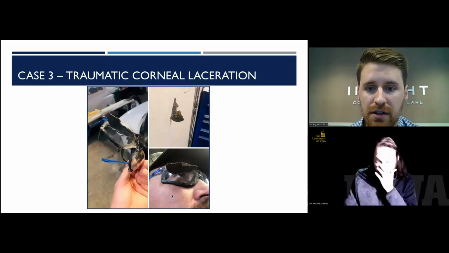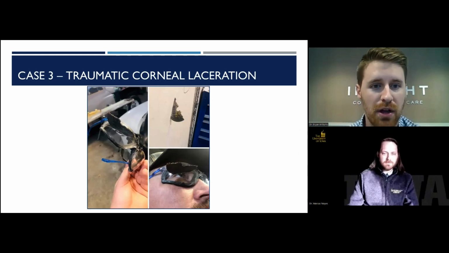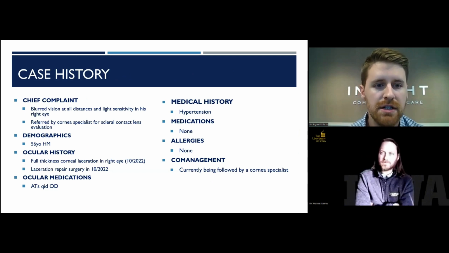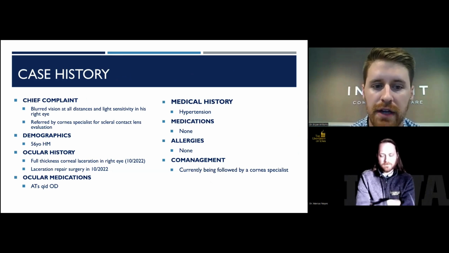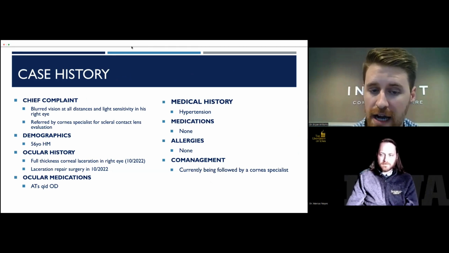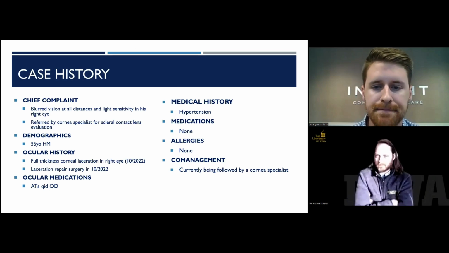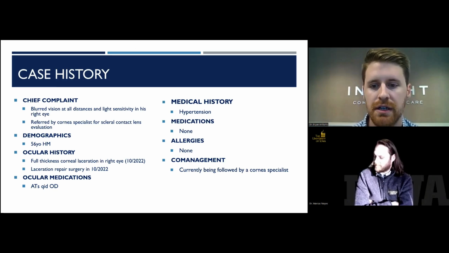So third case here, this is not my patient. If he had these on, he probably would have saved himself quite a bit of trouble, but this is a kind of a work injury gone wrong here. So this patient was sent to me by a cornea specialist. He had suffered a full thickness corneal laceration in his right eye a few months before and then had a subsequent repair. He had a whole lot of symptoms related to that: light sensitivity, blurred vision,